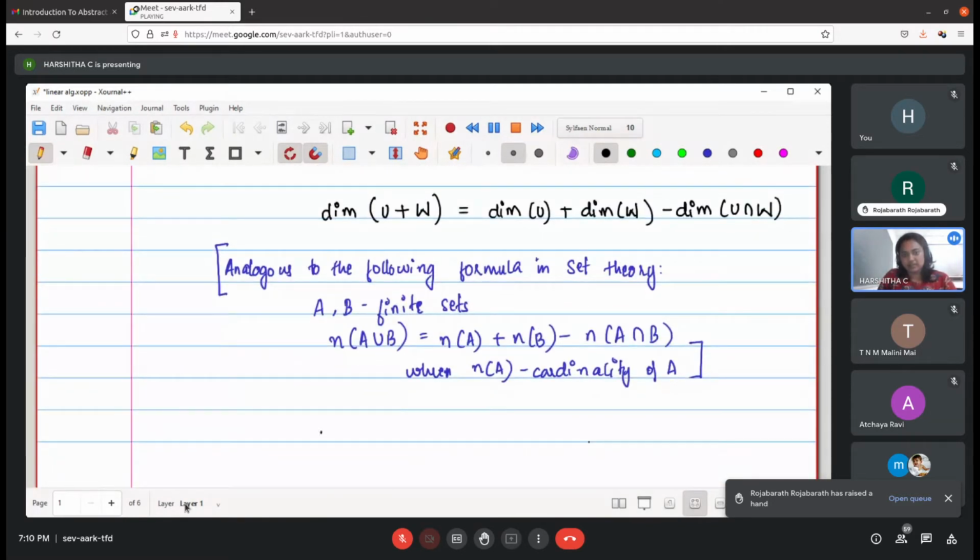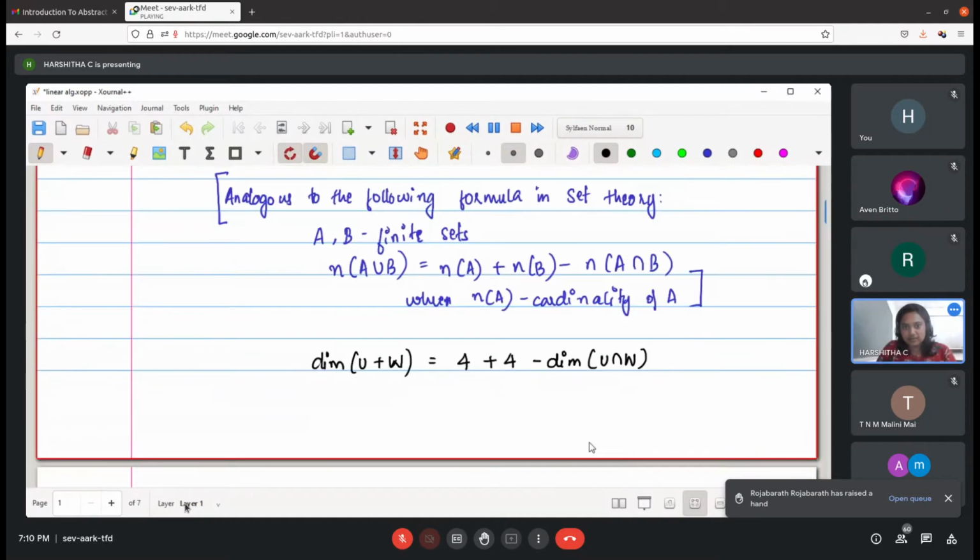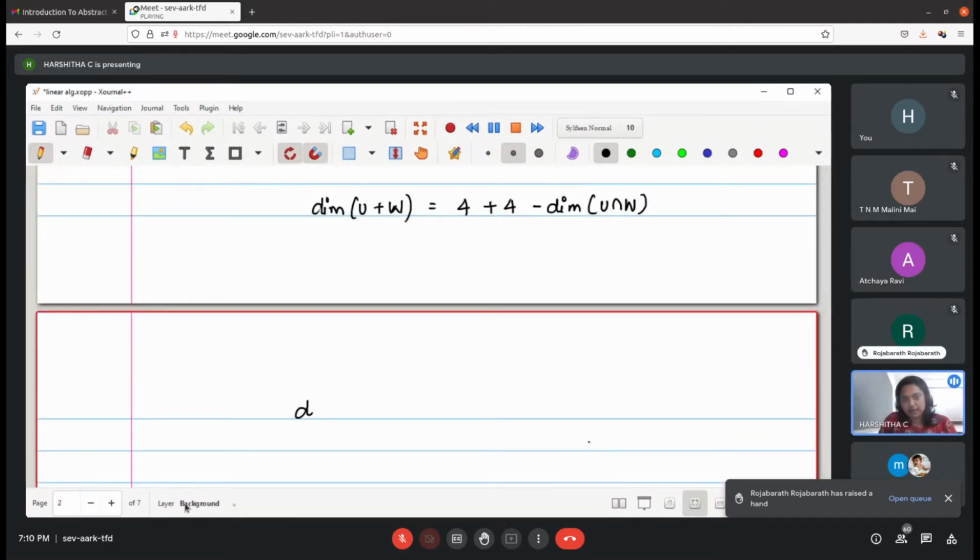So the dimension of U plus W equals 4 plus 4 minus dimension of U intersection W, which gives dimension of U intersection W equal to 8 minus